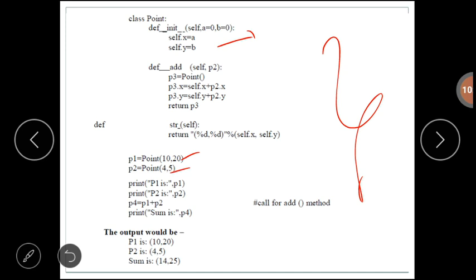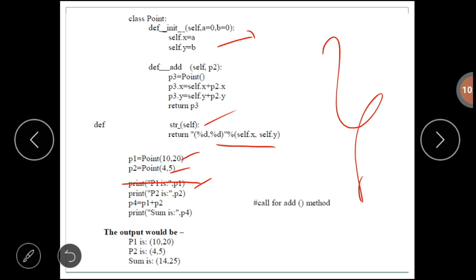Here also it will call the init method. After reading the endpoints, print them. For that we have the print statement "p1 is" p1. In this call it will call the str method. It will return the x and y values in string format.